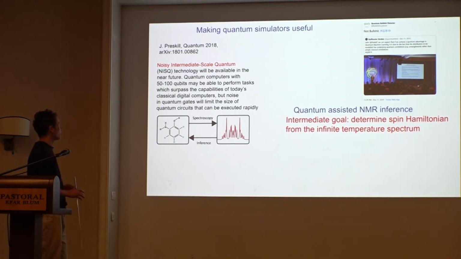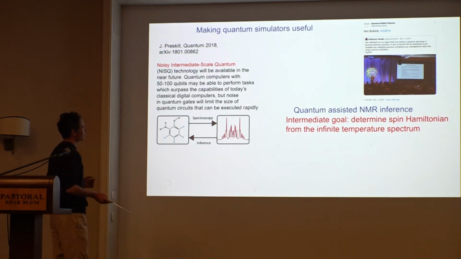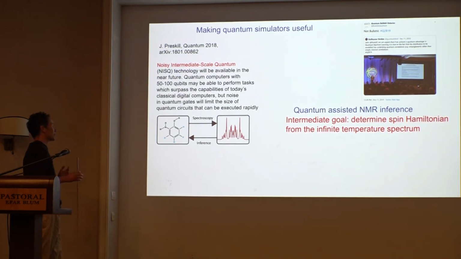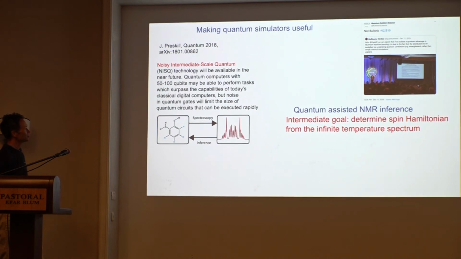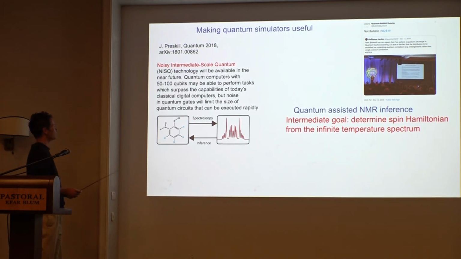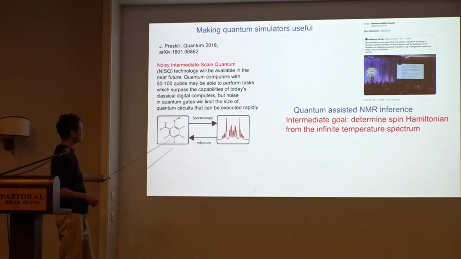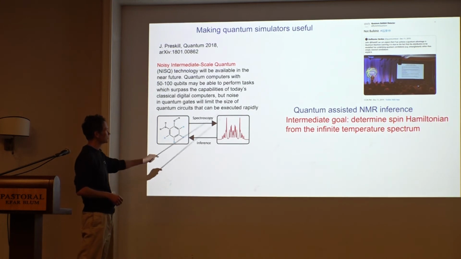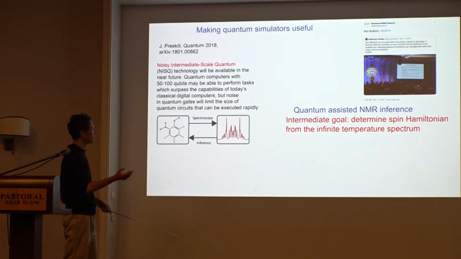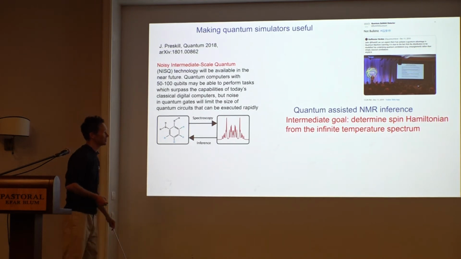Anyway, the specific problem that our colleagues and friends from medical school approached us with, asking, can you guys do something useful? In particular, they have this problem of NMR inference. More or less, you can formulate it as follows. They take an NMR spectrum of some body fluid, and they want to find out what chemicals give rise to this.